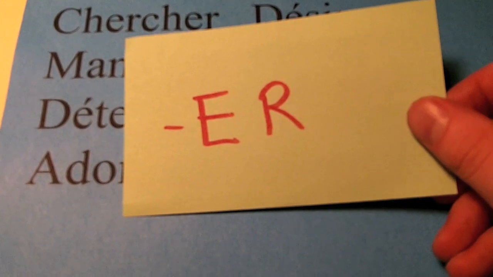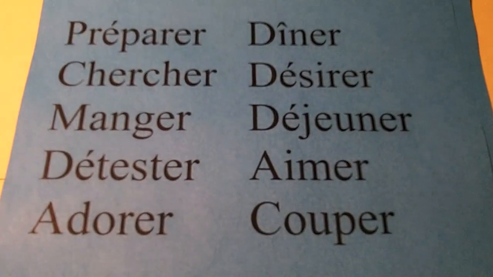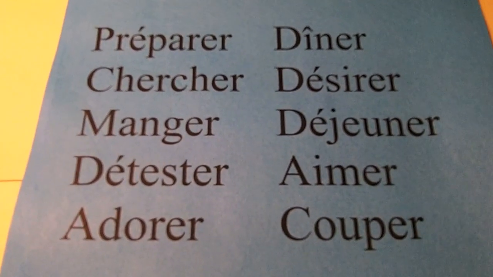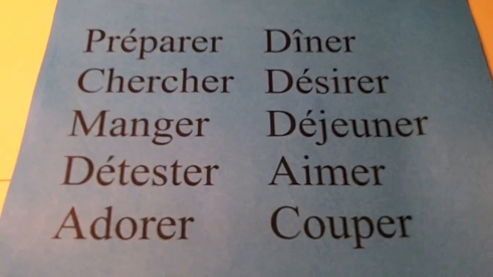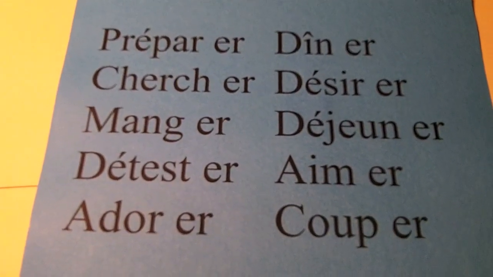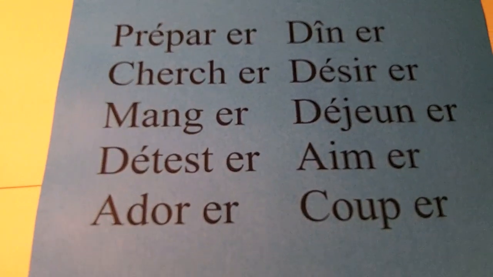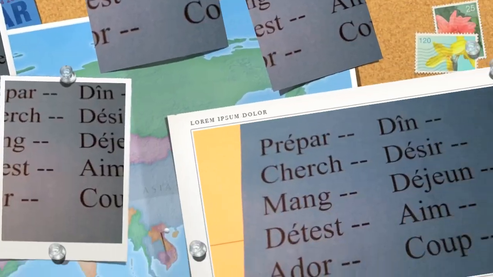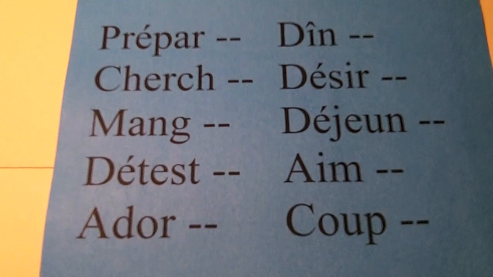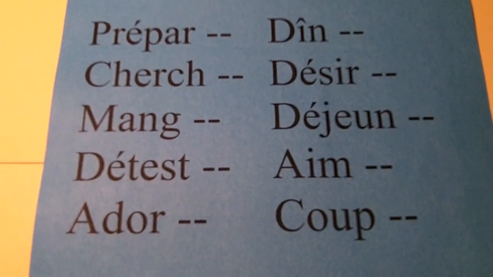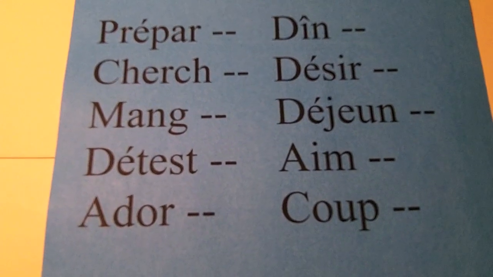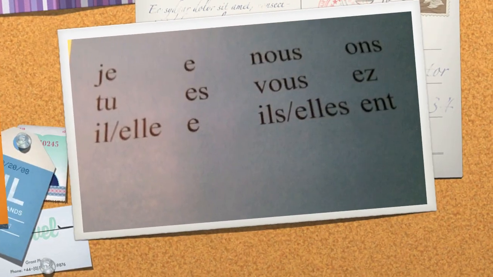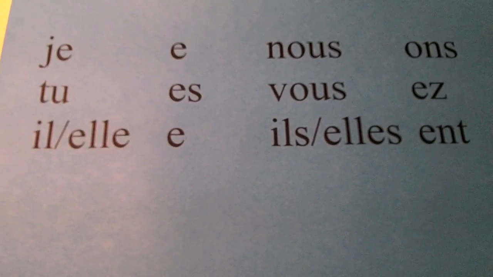Remember that our verbs are ER verbs. In order to conjugate these verbs with our subjects, we're going to have to separate the ending ER. On this page, I've placed a space between each of the verbs and their ending ER. And on this page, I've deleted them. These are called verb stems, or the root of the verb. You're going to take these verb stems and you're going to add specific endings to make them agree with the subjects. These are the endings that you will add for the following subjects: